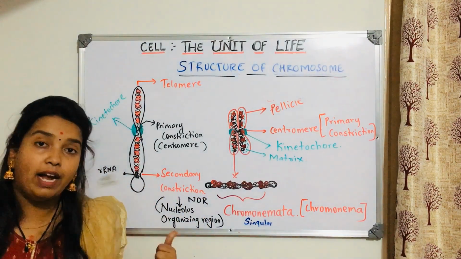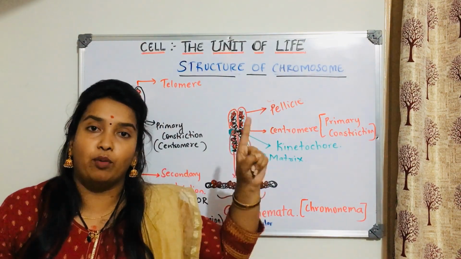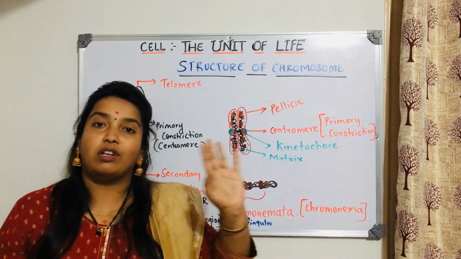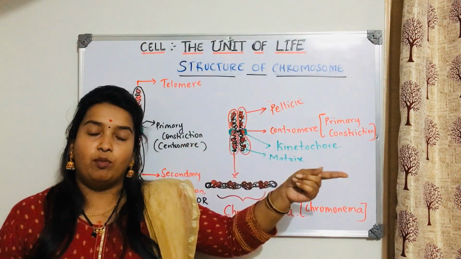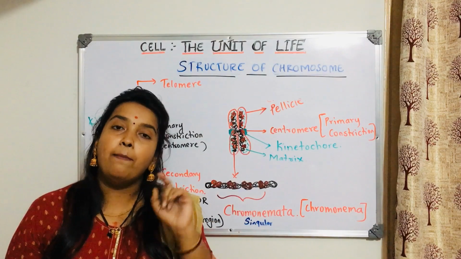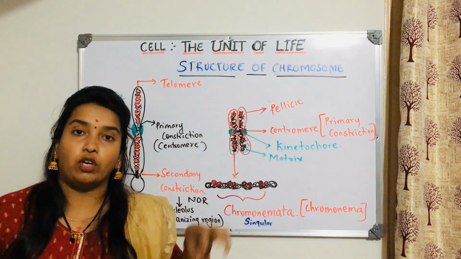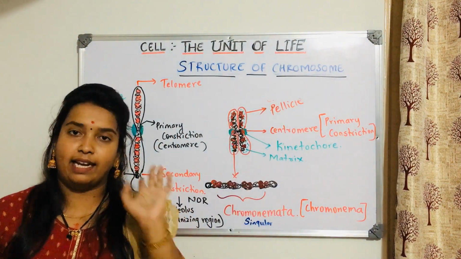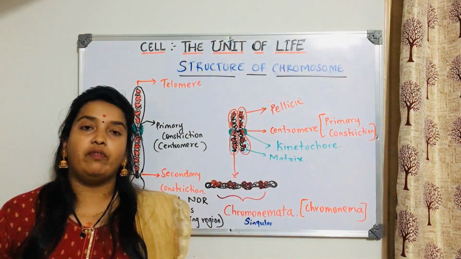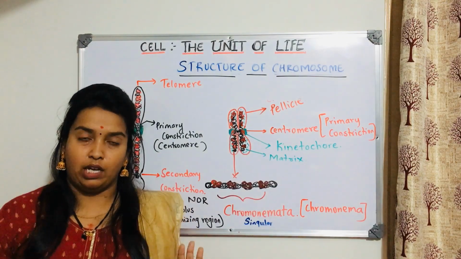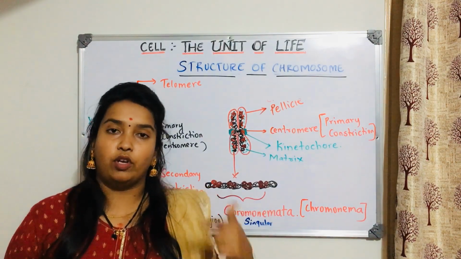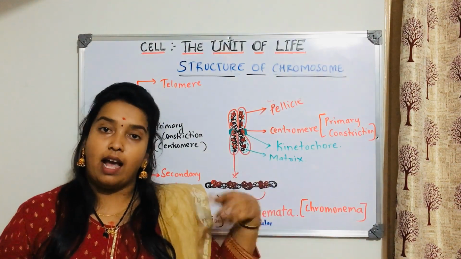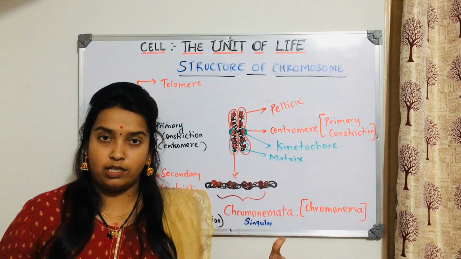You will not find the secondary constriction in every chromosome of our cell. Every cell in our body has 46 chromosomes, 23 from father, 23 from mother. Among those 46, only some chromosomes have this secondary constriction. What you people need to know is this much only. Secondary constriction, we call it NOR because it helps in rRNA synthesis, which functions as the nucleolus,